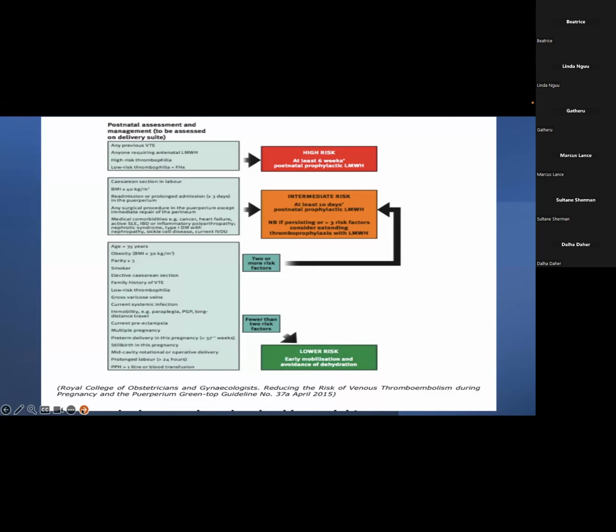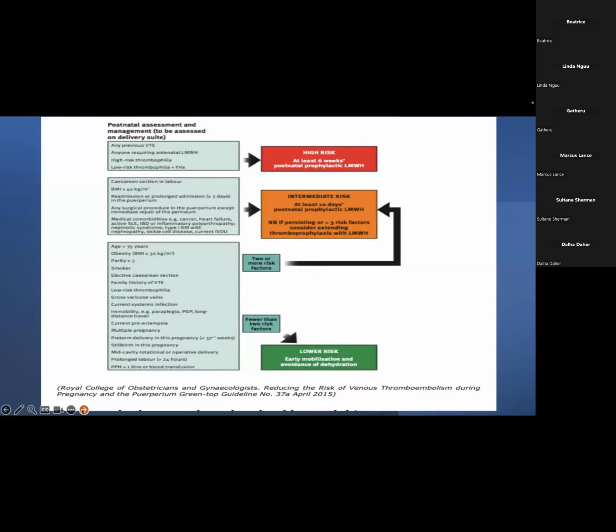Cesarean section in a patient in labor with a BMI greater than 40 kilograms per meter squared, or readmission or prolonged admission more than 3 days in the puerperium, or any surgical procedure in the puerperium except immediate repair of the perineum. These are some of the things, and medical comorbidities such as cancer, heart failure, as I had said earlier, SLE,